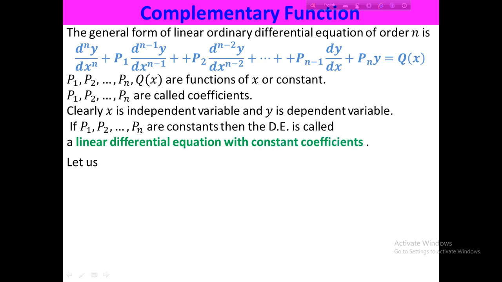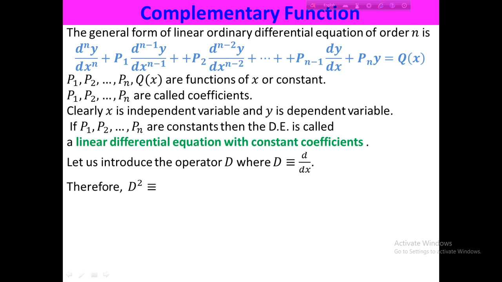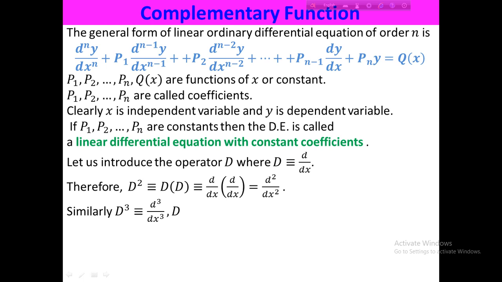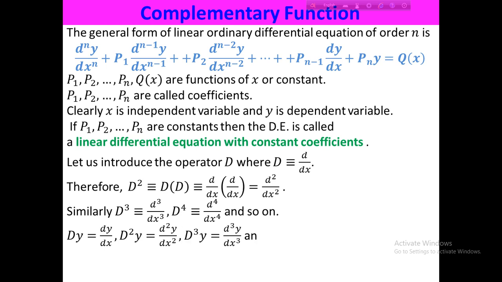Okay, let us introduce the operator capital D, where D stands for d by dx. D square means D of D, that is d by dx of d by dx, that is d2 by dx2. Similarly D cube means d3 by dx3, D4 means d4 by dx4 and so on. Therefore capital D of y means dy by dx, D2 of y means d2y by dx2, D3 of y means d3y by dx3